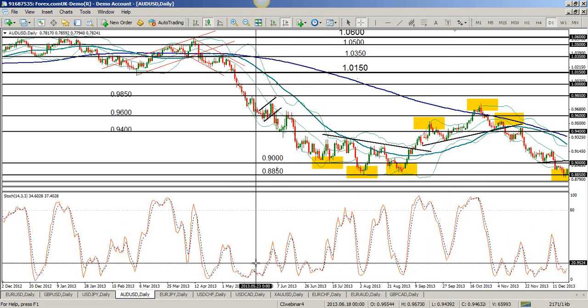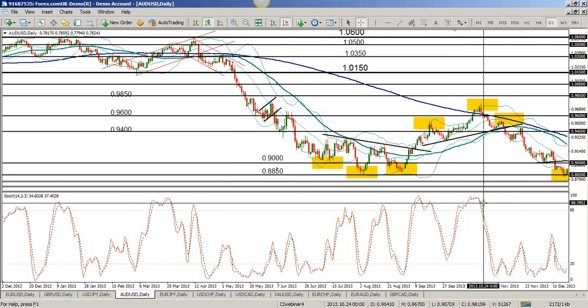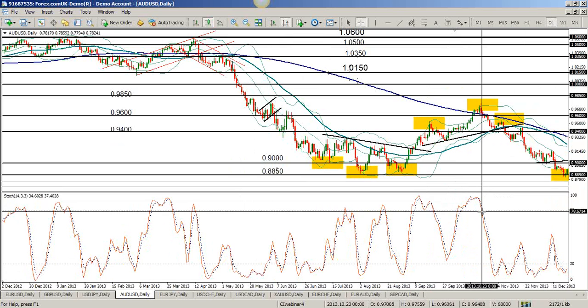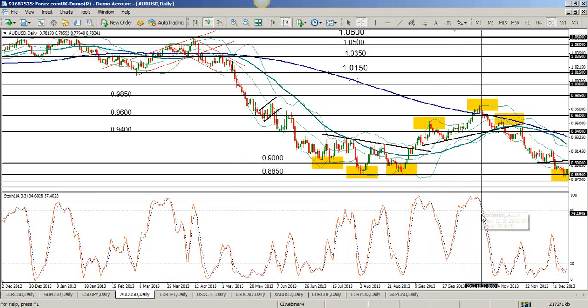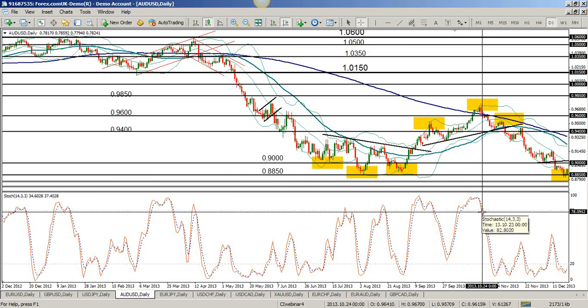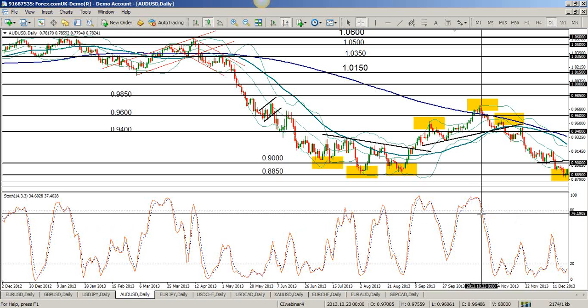Now, again, I'm not going to be using this in isolation. I'm not just going to be saying, oh, it's going below overbought, so that means I'm going to sell it, and that's all I'm looking at. No, absolutely not. I'm looking at a bunch of other different things too. But this is helping me. This is giving me another indication of perhaps